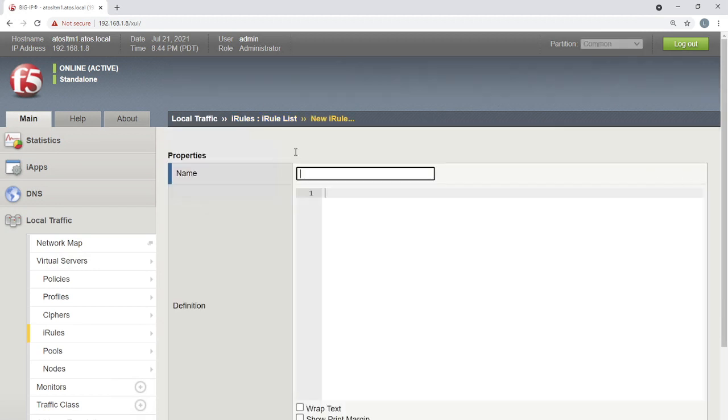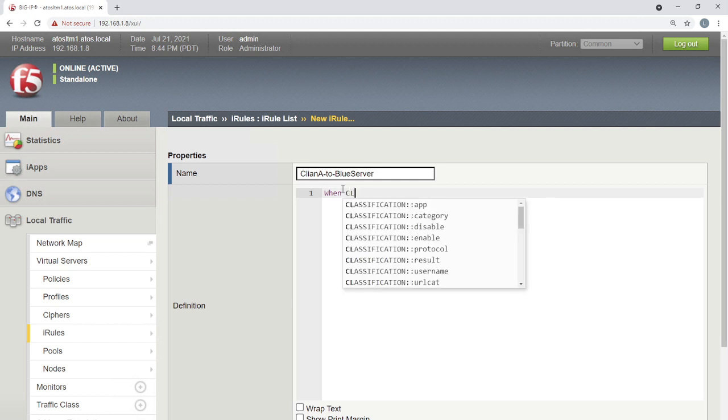Now let's say the name of the rule is Client A to blue server. Just the name, whatever you want, you just give it. Now I just need to mention the condition, right? When, see, the syntax help is coming up.